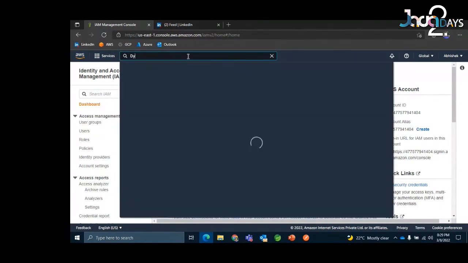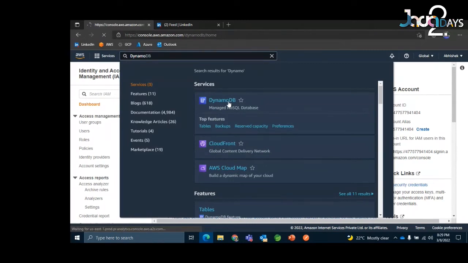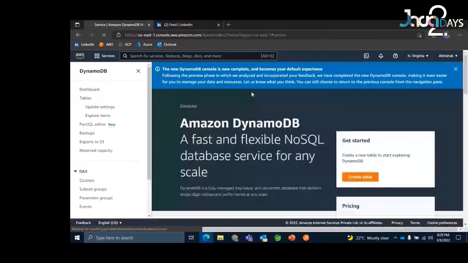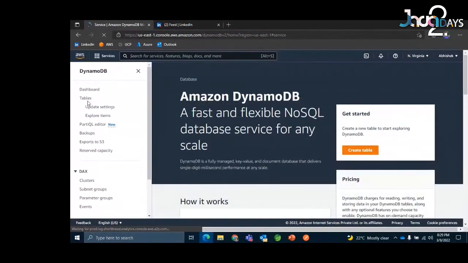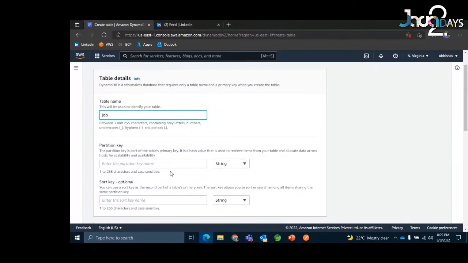Now I will be going to my DynamoDB and creating a quick database. DynamoDB is going to provide you free serverless databases for usage. It's a little slow, I guess, today. Okay, fine. Let's create a table here. I'll call it by the name of job because in my entity, this was the name. The partition key is nothing but our primary key.